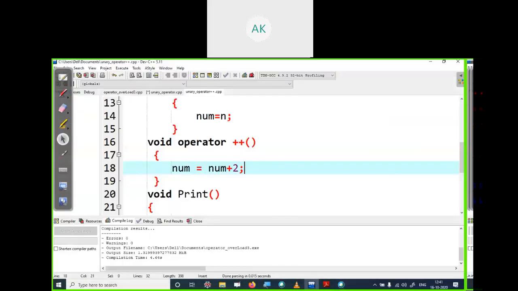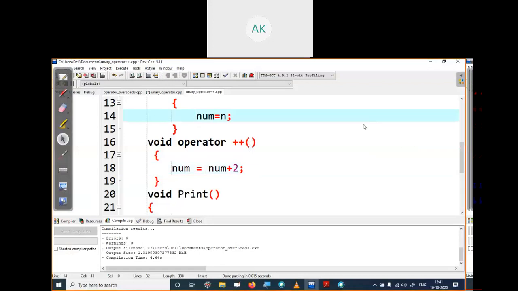Okay, so let's get back to our program. So in this program, this is operator overloading.